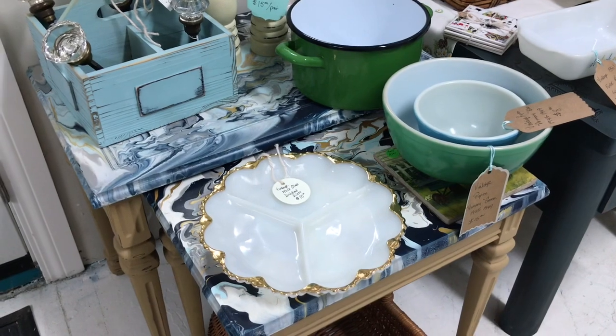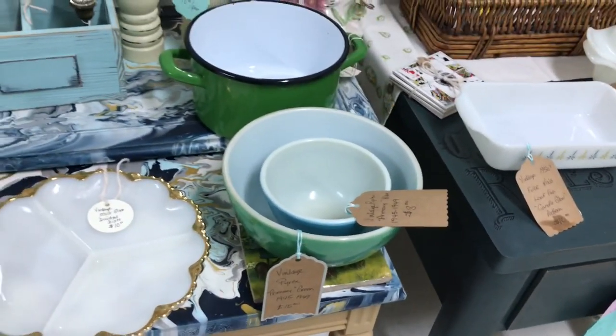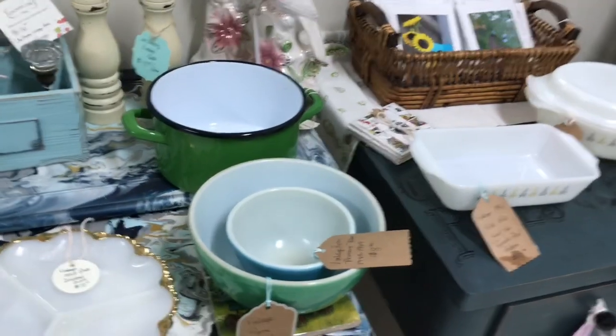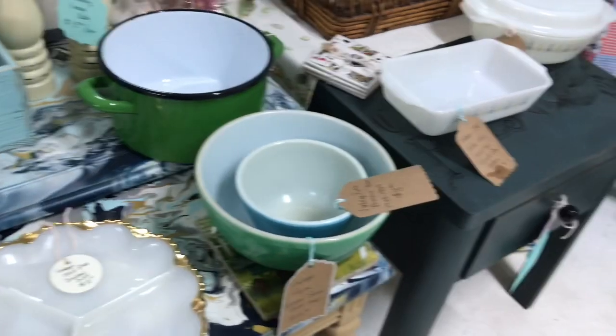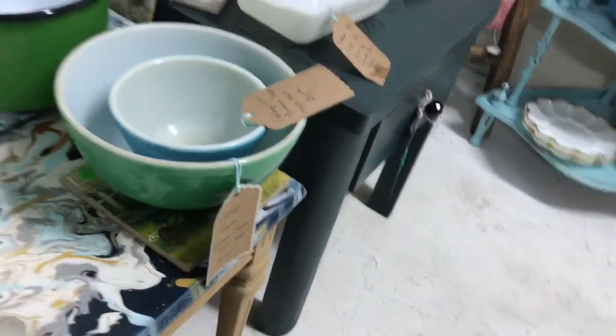So this is a divided tray. And a couple of the primary Pyrex bowls. Primary set was like the first ones to come out. I believe it was like 1949. And then, how about this cool